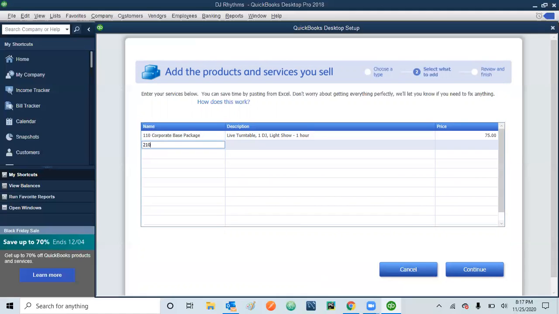You can keep it blank and you can continue as well, but just because of the exercise we are doing it, you can also add them once you are inside QuickBooks. And you remember the items and services, we can update these things in the items and services directly as well. So 210 wedding base package,